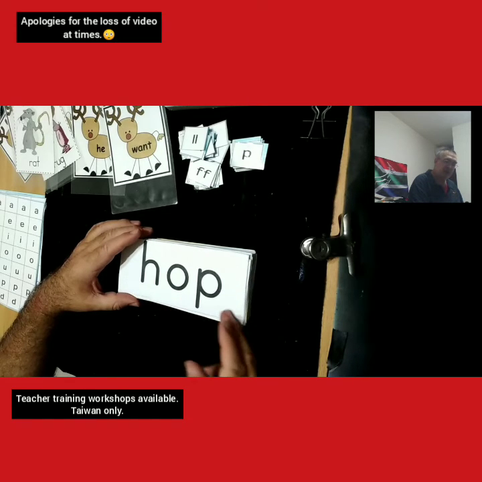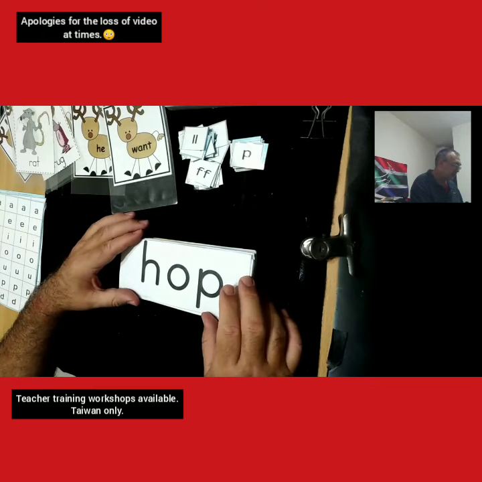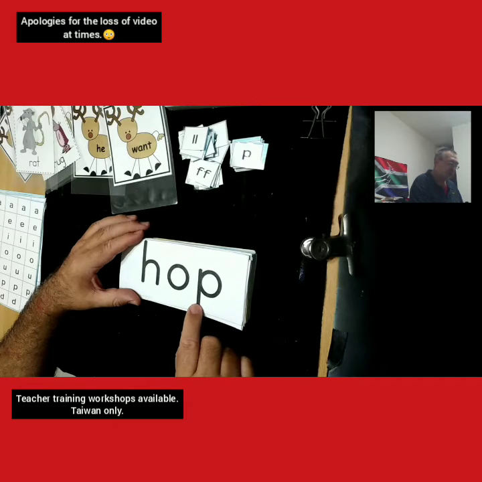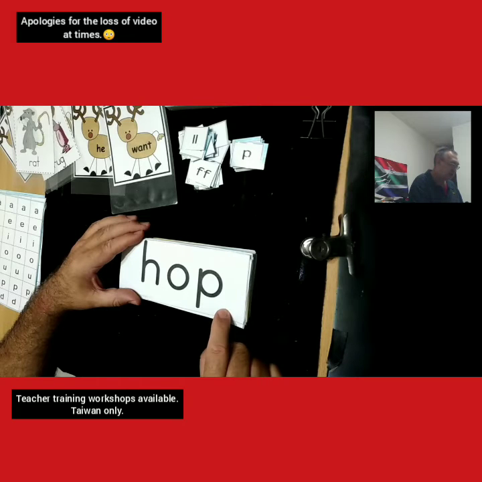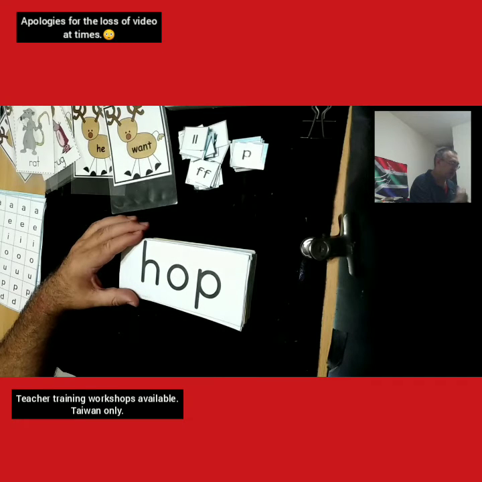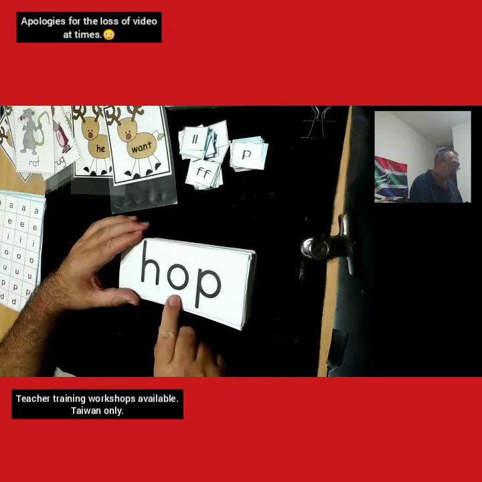So once I've taught them the initial sounds and we move on to the second book, which is the consonant, vowel, consonant, or the short vowel book, I get them to sound out the word. So in this case it's hop, hop. Okay. This is a voiceless, well, not voiceless, it's not a heavy pronunciation, it's a sound from the back. There's another one, ah, is a voiced one. So, ah,